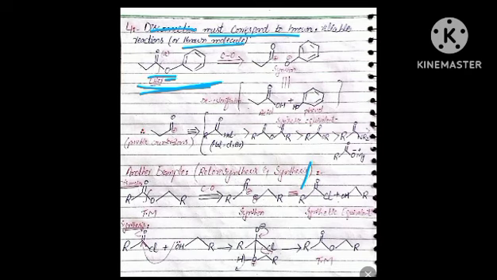In the second guideline, we have to disconnect next to the heteroatom. This is a heteroatom and this is next to the heteroatom, where we draw the wiggly line. Disconnect from here, meaning the carbon-oxygen ester bond will be disconnected. Here is an arrow, which is the disconnection arrow,